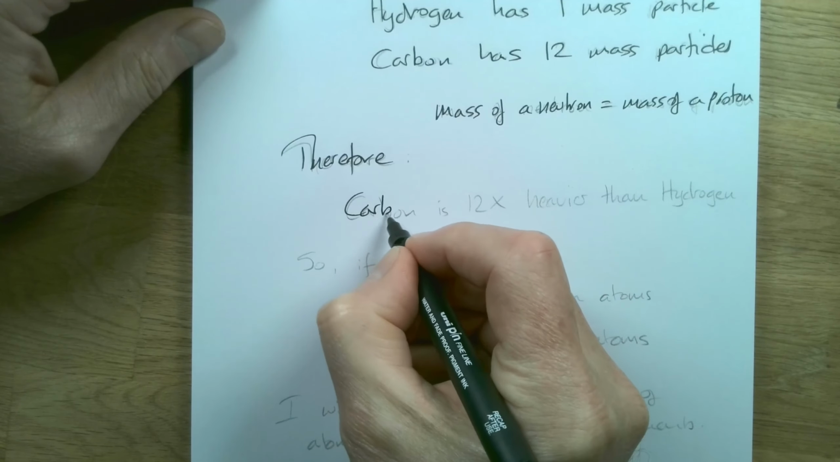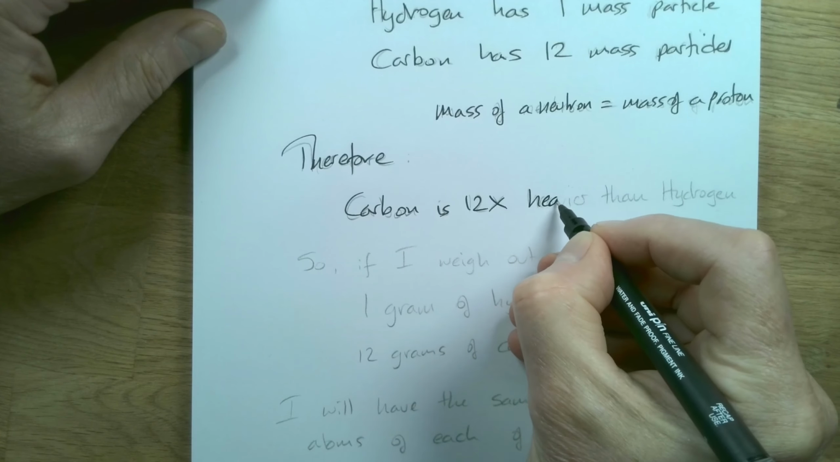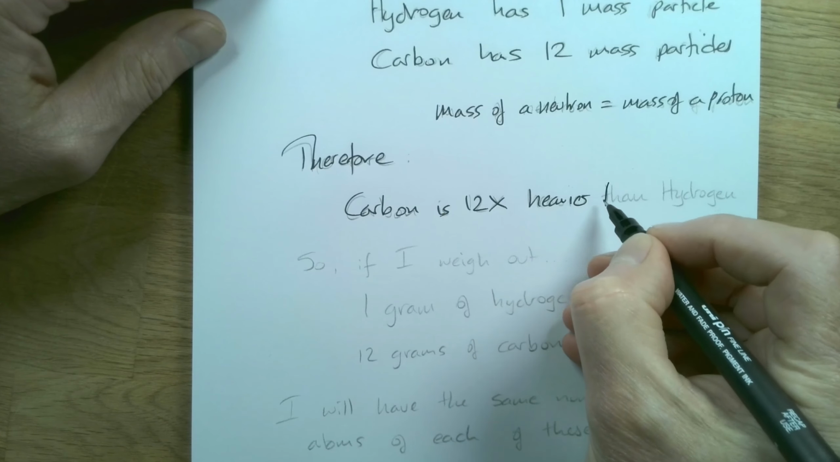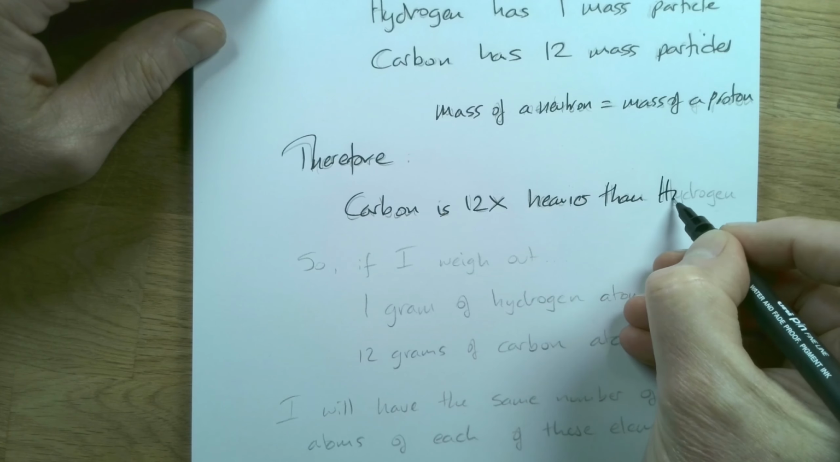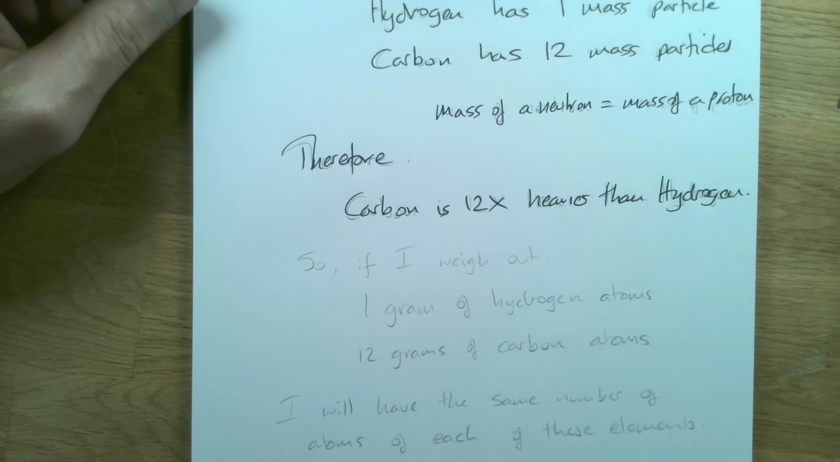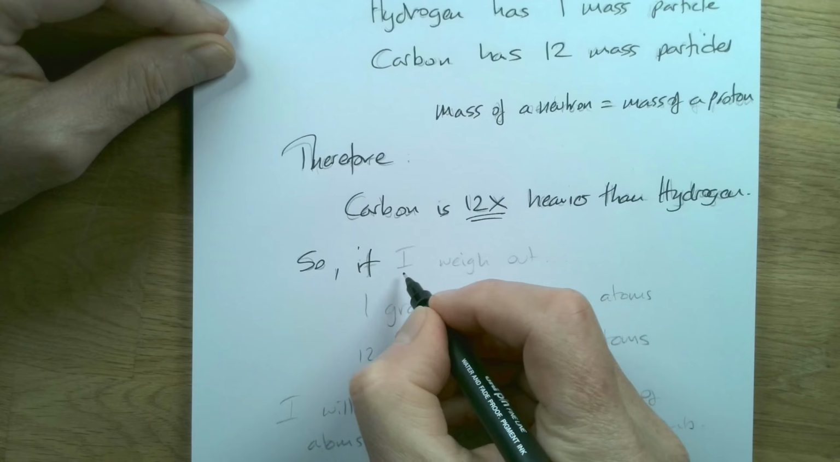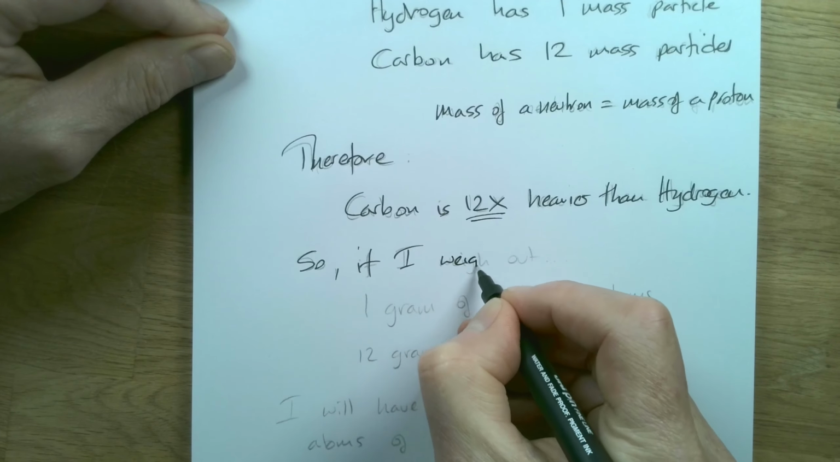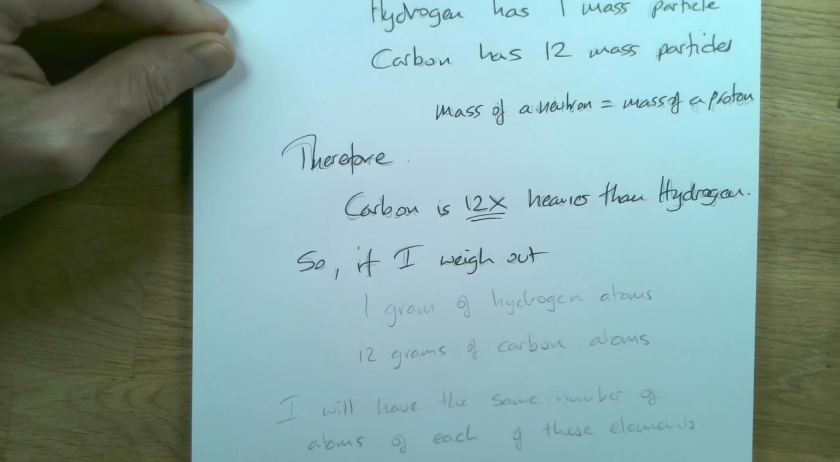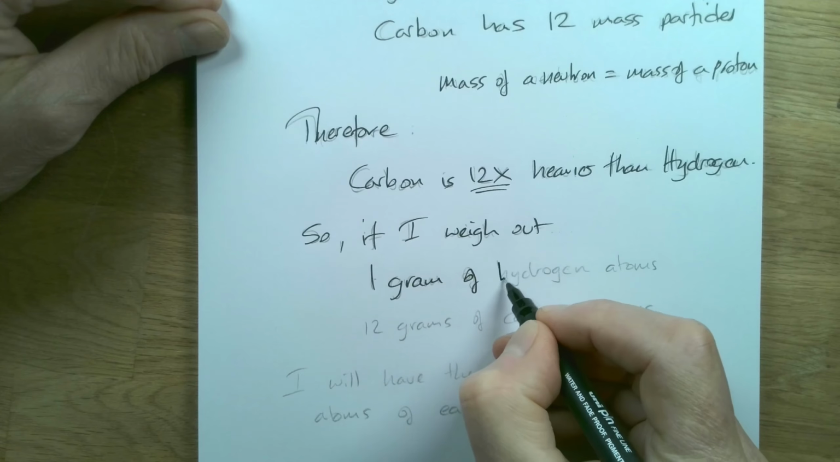So if the mass of a neutron and the mass of the proton are equal, therefore carbon is 12 times heavier than hydrogen. Okay? Yep, 12 times heavier than hydrogen. And what does that mean? Well, that means if I weigh out 1 gram of hydrogen